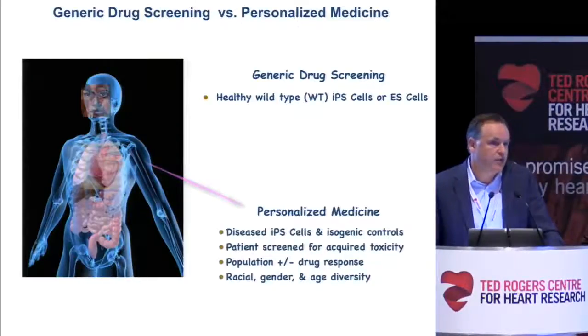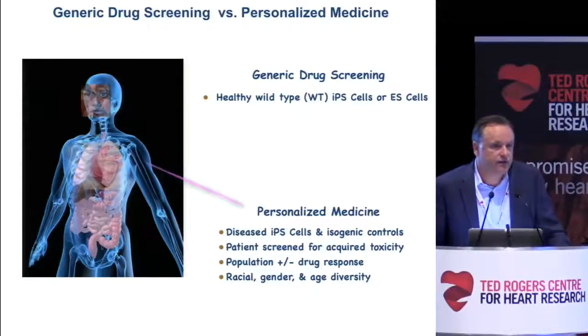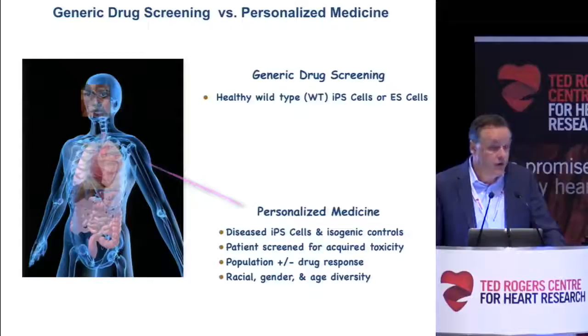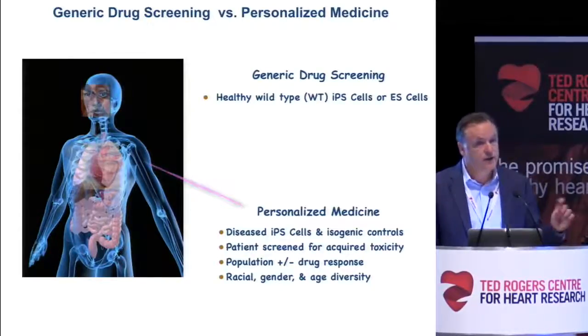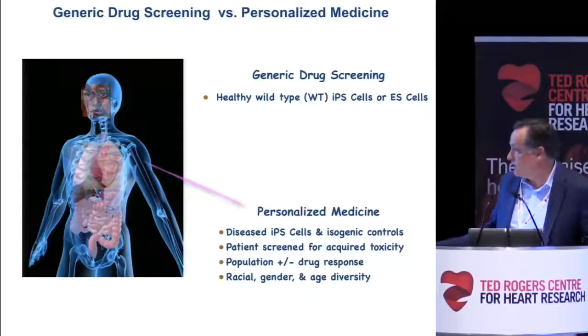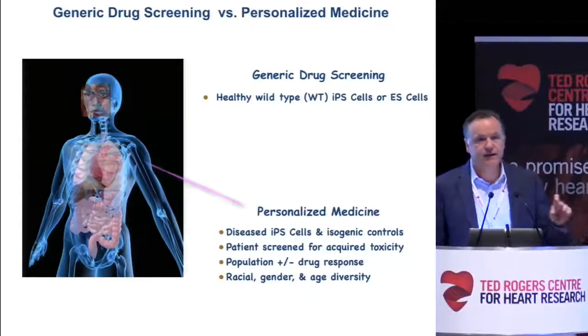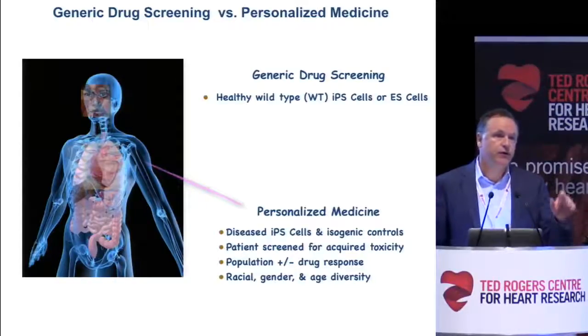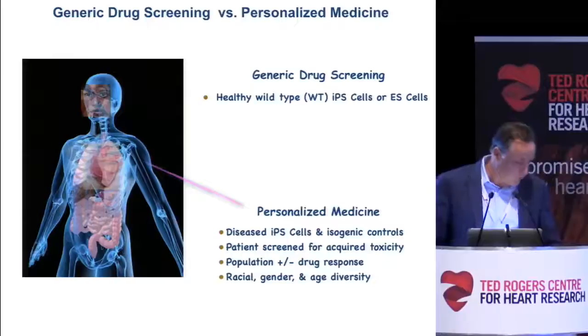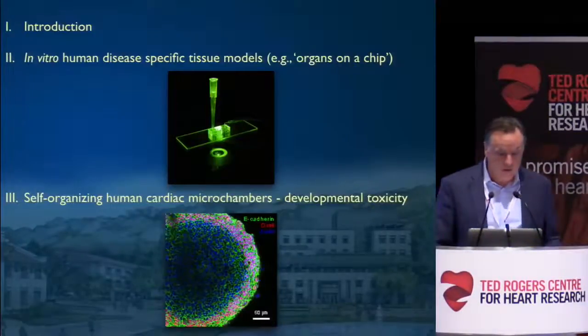This could be a patient that received a positive or negative response to cancer therapy, like doxorubicin. We need to consider other confounding effects with these iPS cells. And this is very important: we need to make isogenic controls, and I'll hit this point again, because the isogenic control is the single genetic defect in that cell, which we can compare to patient-derived iPS cells to determine whether the observations we make are related to the patient, or related to the genetic defect only. So this is an important way to look at the problem.